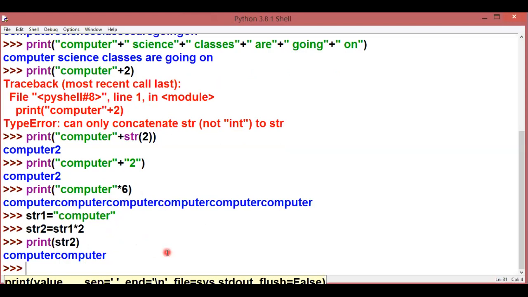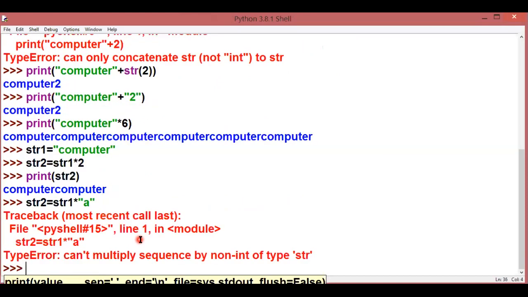Now there is again a variation over here in replication, or we can say a restriction, that I cannot perform it in this way. Like I'm writing str2 is equal to str1 into 2, right? So if I want to write str1 multiply by a character, it will not be possible. So what is the restriction over here? That my values cannot both be of string type.